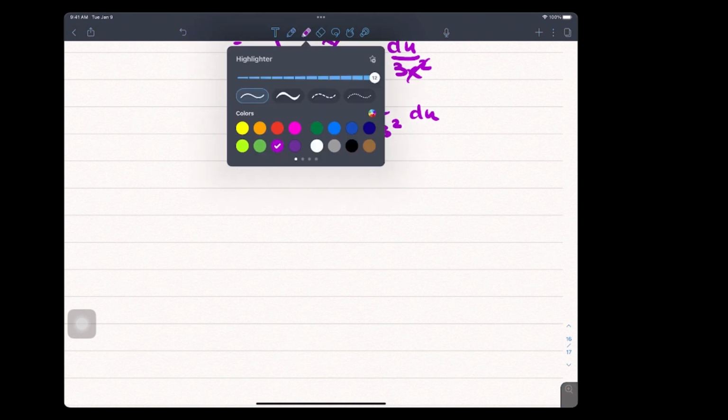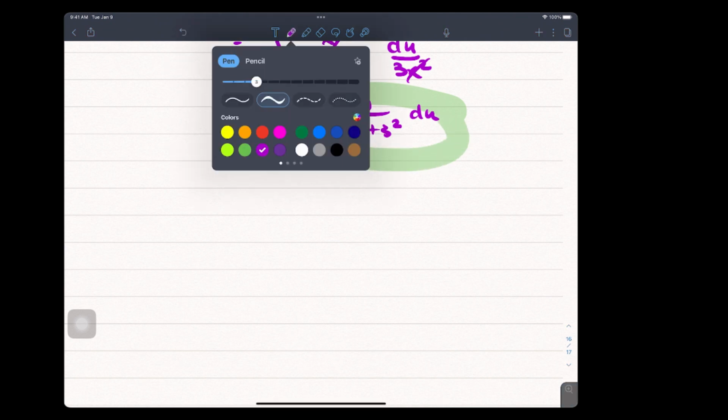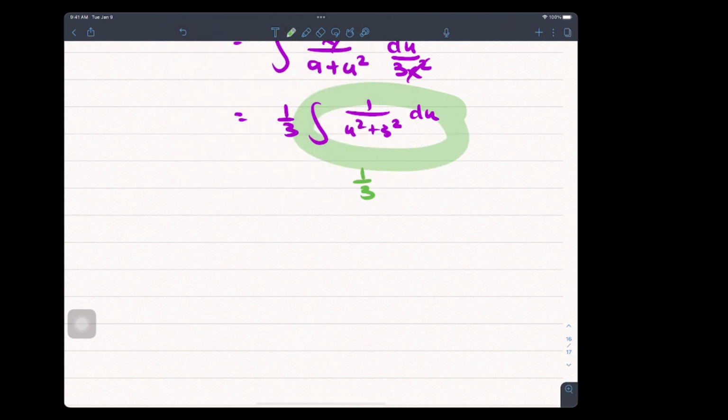So I'm not sure what color to use now here. Maybe green. What is this going to be? It's 1/3 inverse tangent of what? U over 3. Is that right? So all together, now in purple,